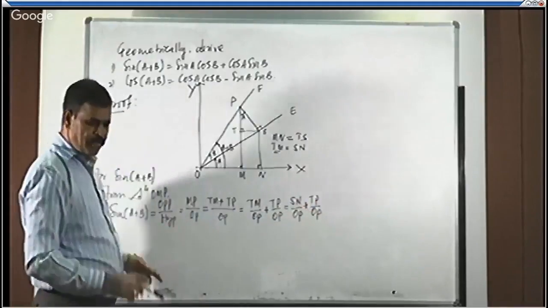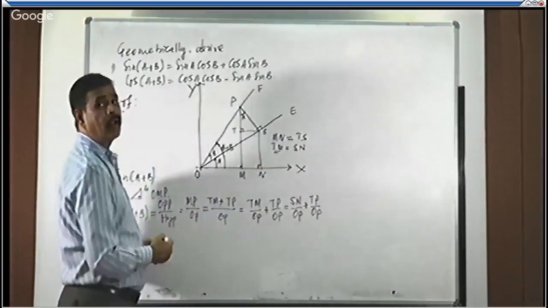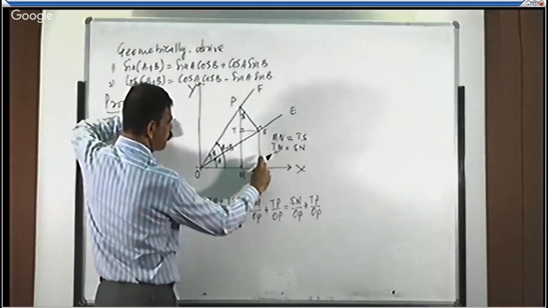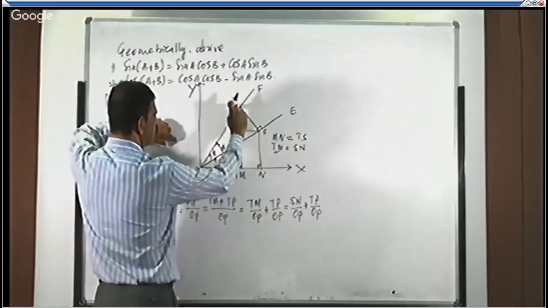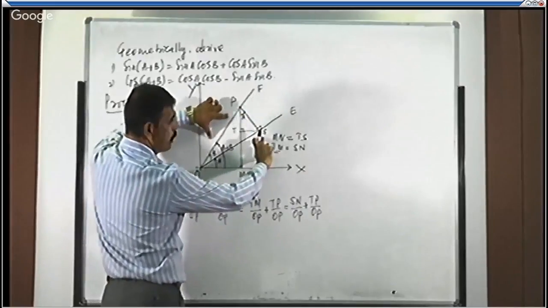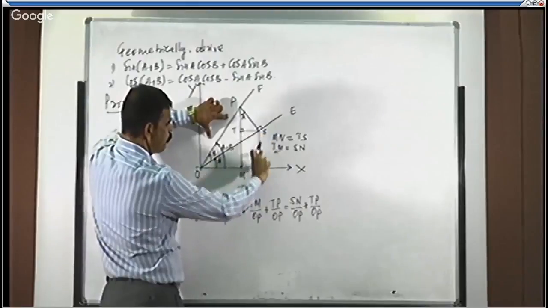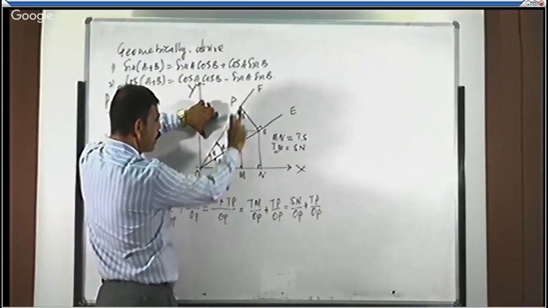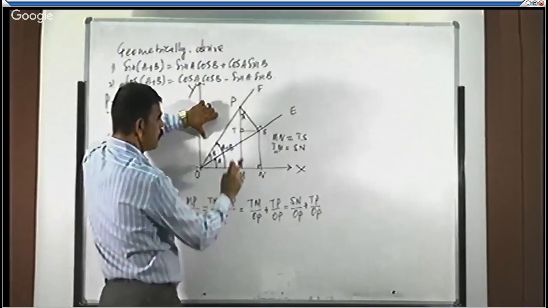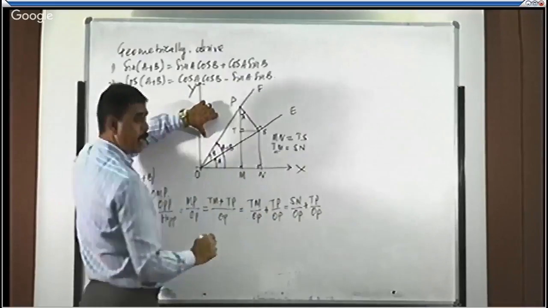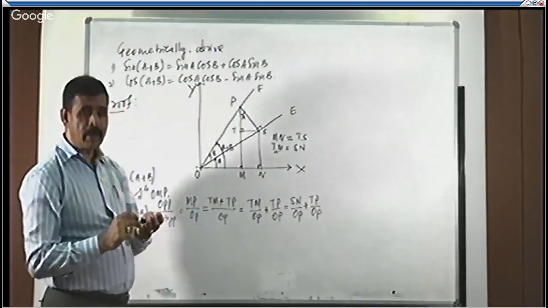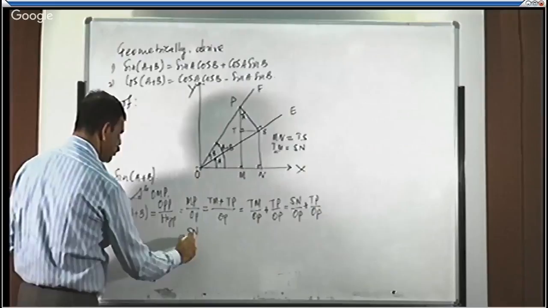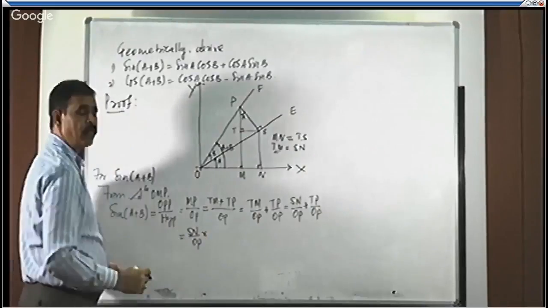With this ratio, we don't get any defined trigonometric ratio. See, SN is equal to this portion. What is OP? OP is equal to this portion. There is no link between these two sides. So this will be the opposite side for angle A, and this will be the hypotenuse side of angle A plus B. Correct? We don't have a link, right? To establish a link, to make it into definite meaning, we are dividing and multiplying that SN by OP